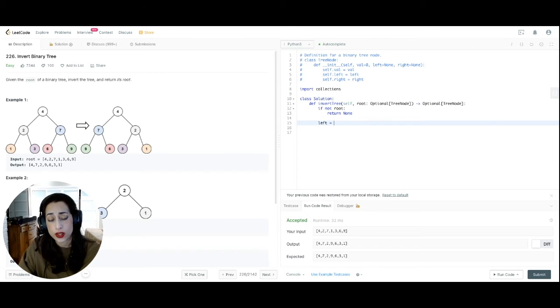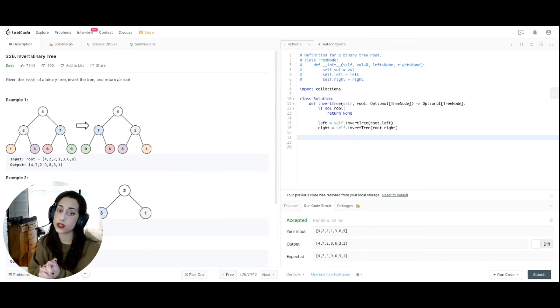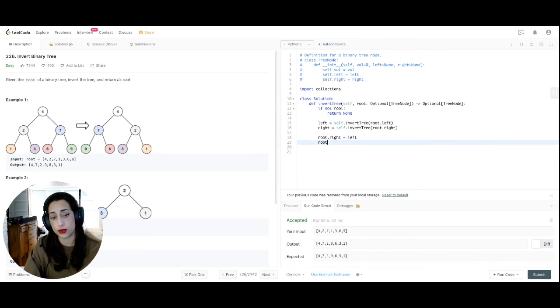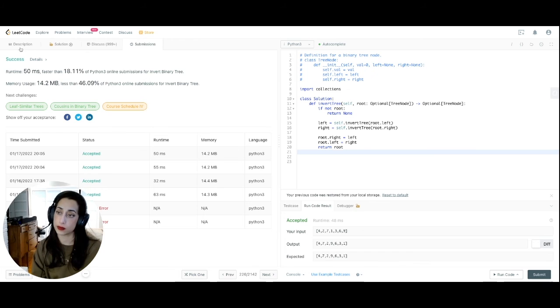We're going to store it in a variable called left. So left equals self.invertTree(root.left), and then right equals self.invertTree(root.right). Okay, and now we are going to do the flip. So we're going to say root.right equals left, and then root.left equals right. That's the flip, and then we're going to return root. That works for that first test case,